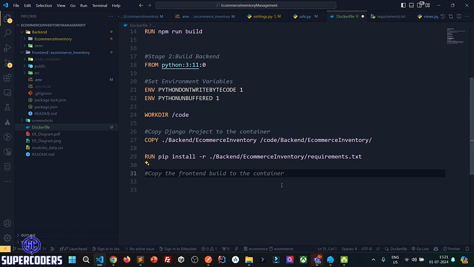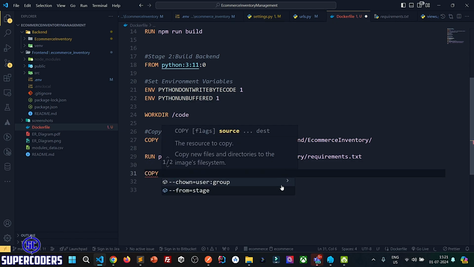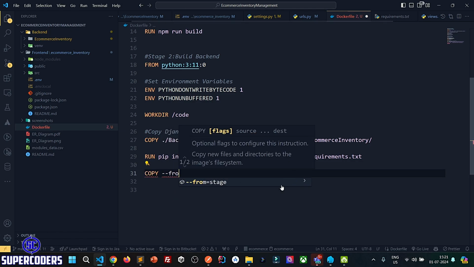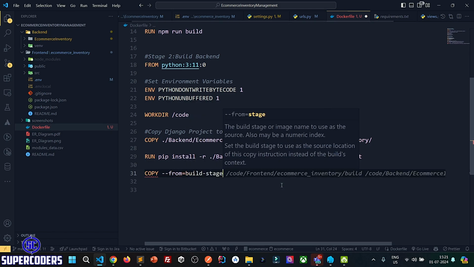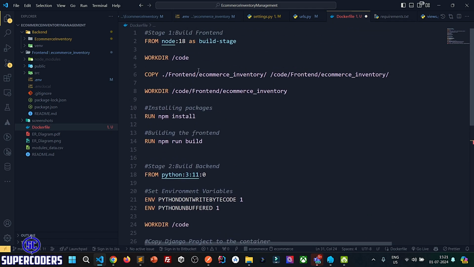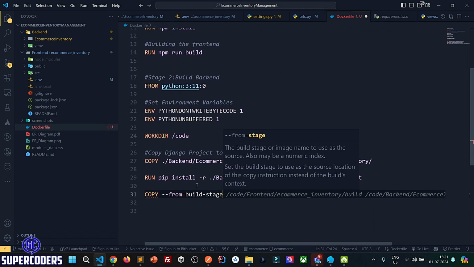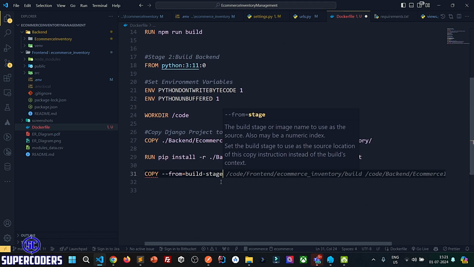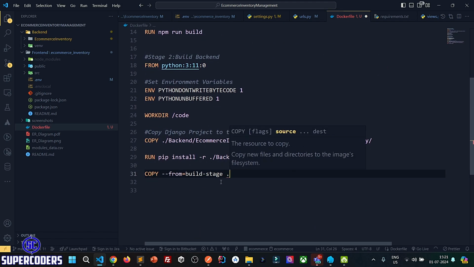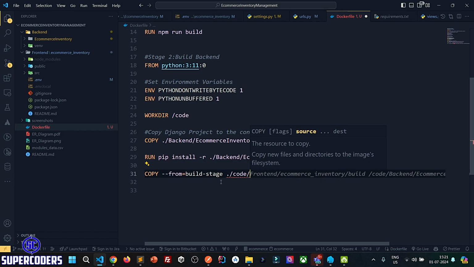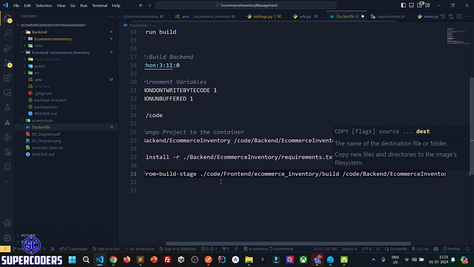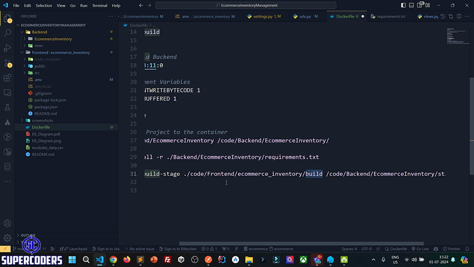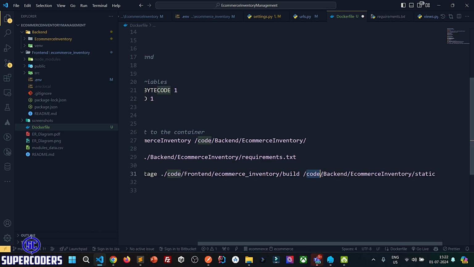So for this, what I have to do is copy, then from equal to build dot stage. Earlier, if you see, I added a build dot stage. So what I can do is copy from build dot stage ./code/frontend/e-commerce inventory/build. After building a React project, it will come to the build folder. So just creating the build folder and copy that code to